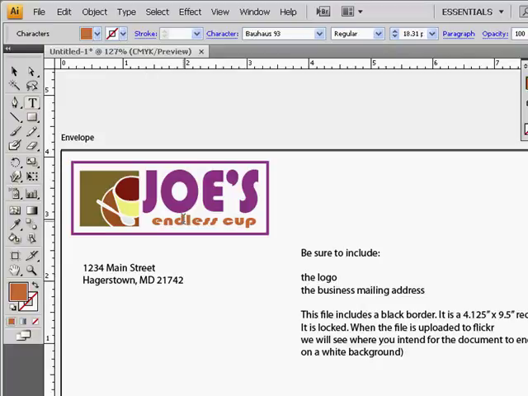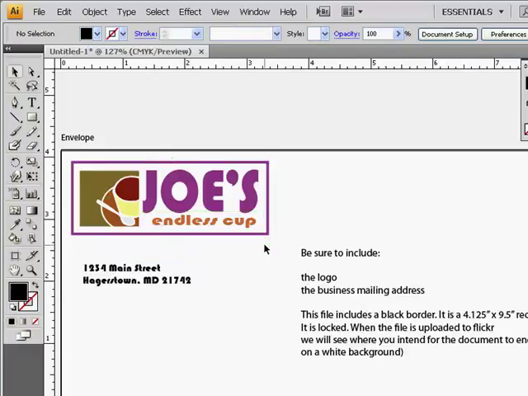I don't remember what font I used for this, so I put the cursor in and I can see it's Bauhaus. I will try Bauhaus, and if that looks good, which I believe it does, I think I'm going to make the logo a little bit smaller,